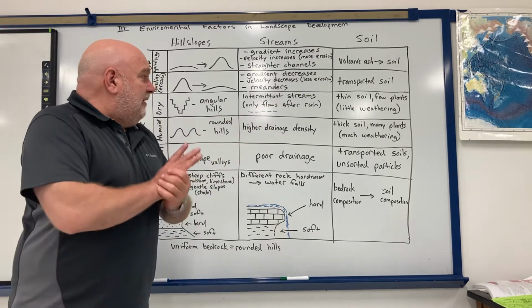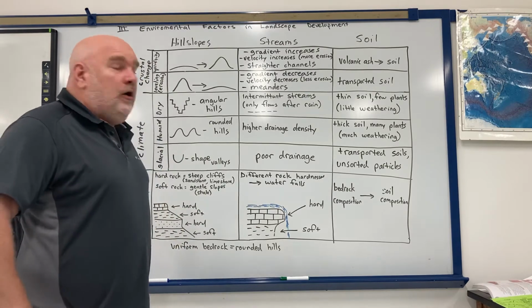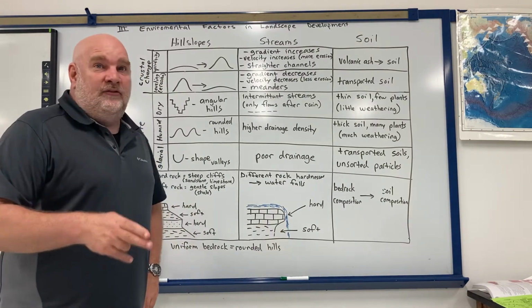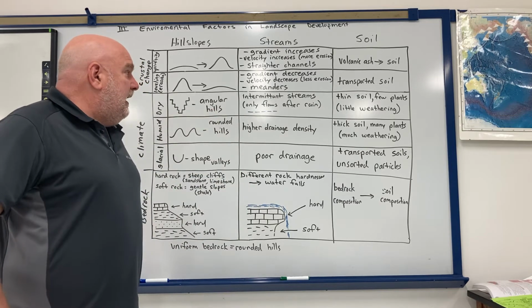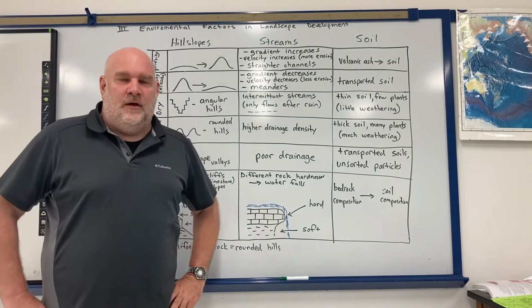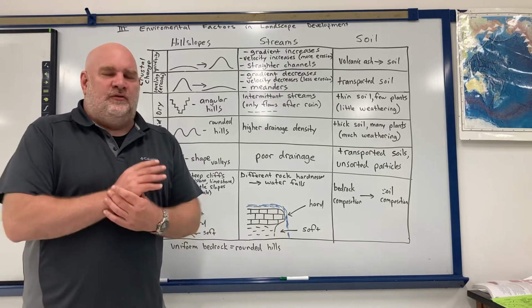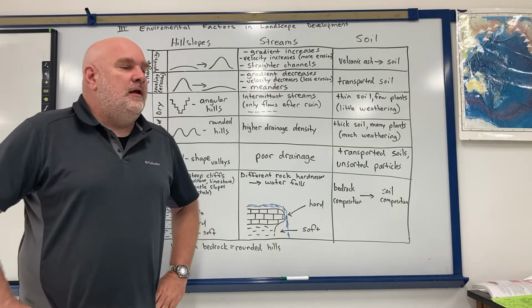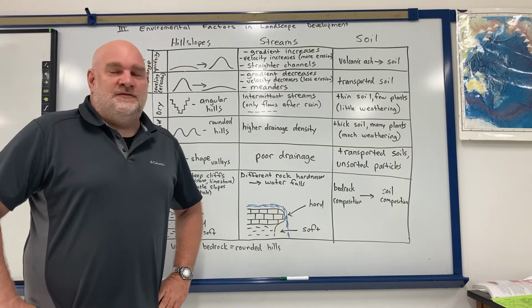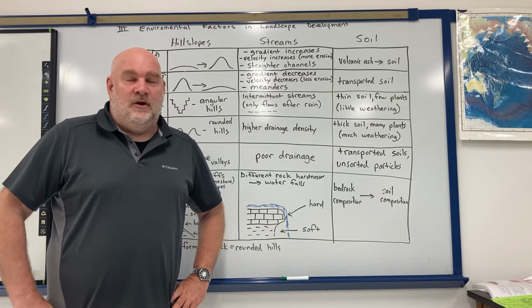In dry climates, a lot of the streams on maps aren't represented by solid blue lines. They're represented by dashed blue lines. What that refers to is an intermittent stream, which means a stream only flows once in a while. It doesn't flow all the time or doesn't flow very often. So during the course of the year, there might only be water flowing in that stream maybe a week or two.